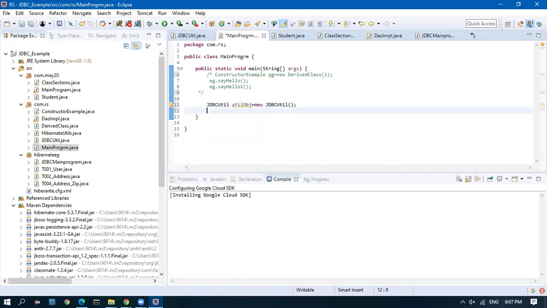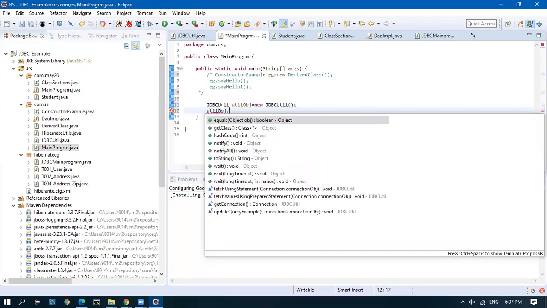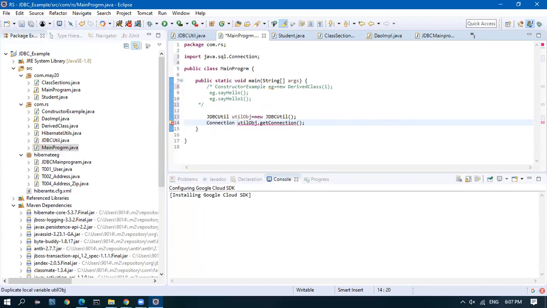Now util object dot getConnection. This is going to return a connection object. java.sql.Connection connection obj equal to util.getConnection.